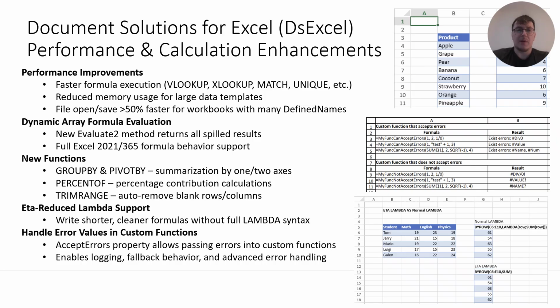We've also optimized memory usage for large templates and cut file open and save times by over 50% for workbooks with lots of defined names. Next, the new Evaluate2 method now fully supports dynamic array formulas. That means you can evaluate formulas that spill across multiple cells exactly like Excel 2021 and 365 and get all